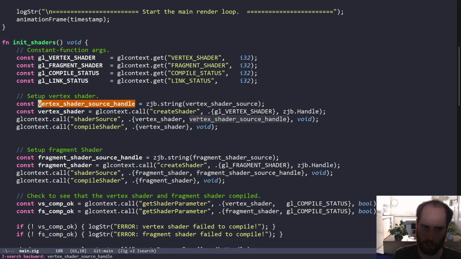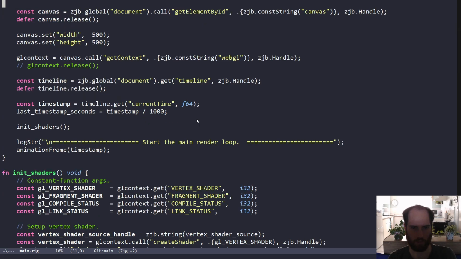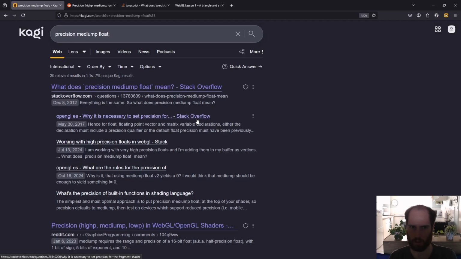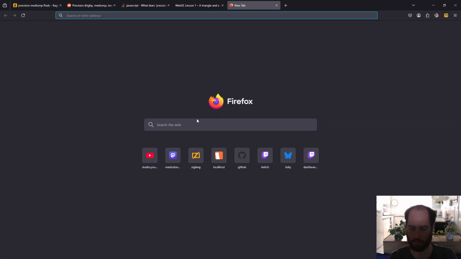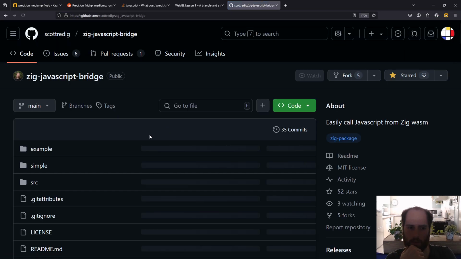So this is embedded within the Wasm file. It's just the string, and so we're getting this via zjb.string. Why not constant string? Wasn't that also an option? Yeah, or I felt like, did we see that in the documentation? When I had the difference between the string and the